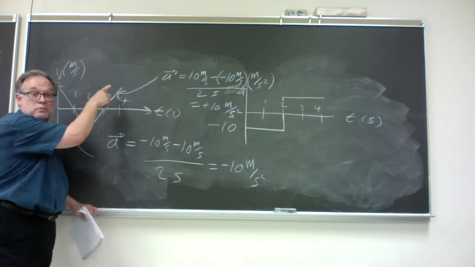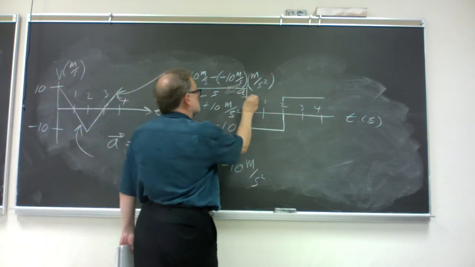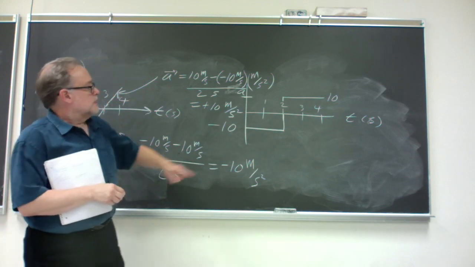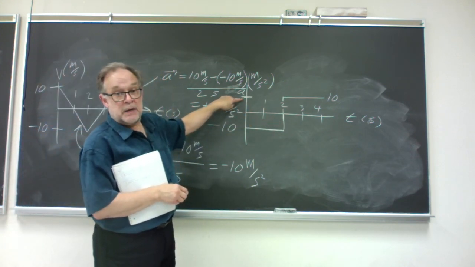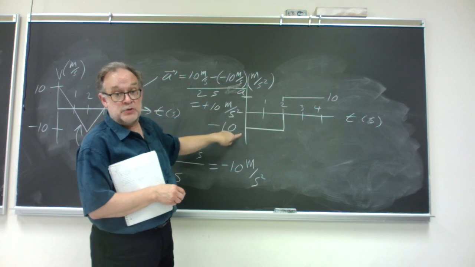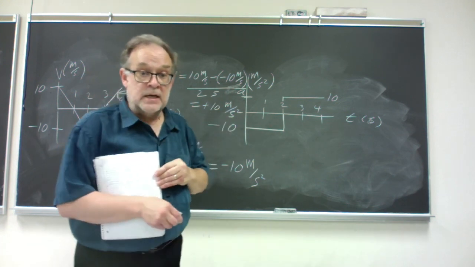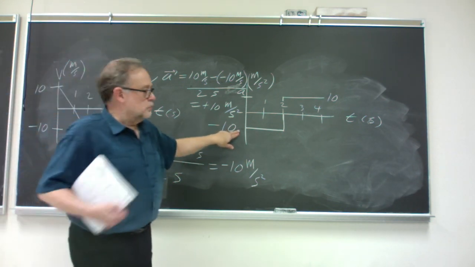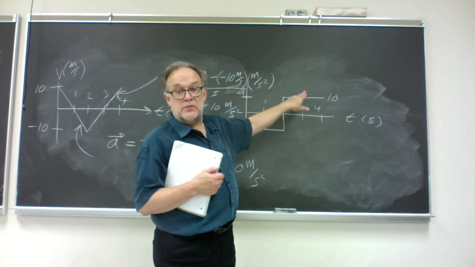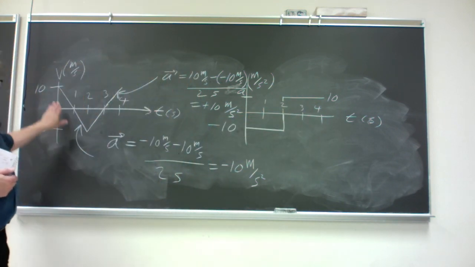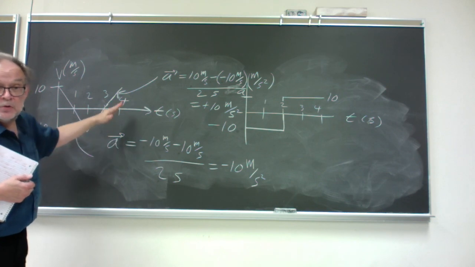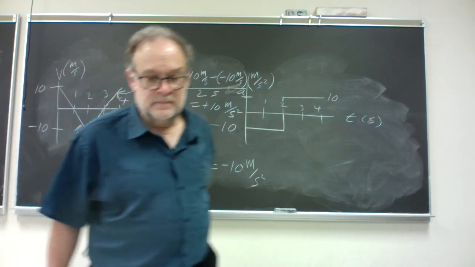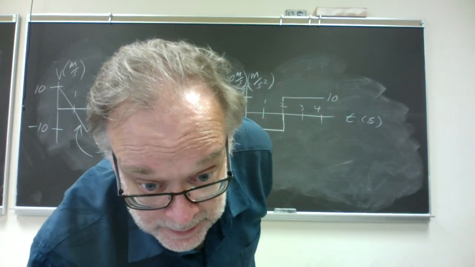It went from 0 to 10. So from 2 to 4 seconds, the acceleration is positive 10 meters per second per second. In the first 2 seconds, it was negative 10. The absolute value of this acceleration is the same as the value of this acceleration because these two lines were equally steep. And we'll practice with this a lot more over the next